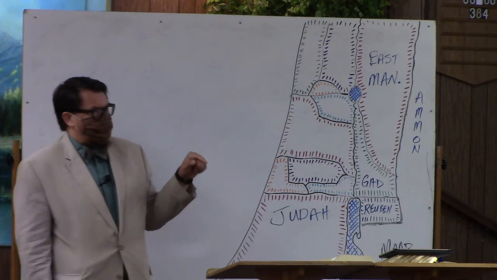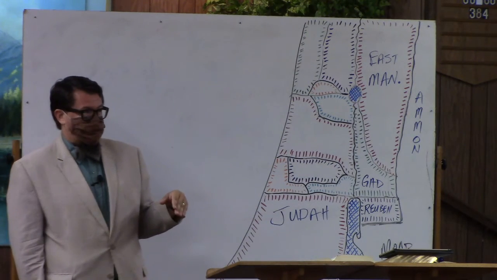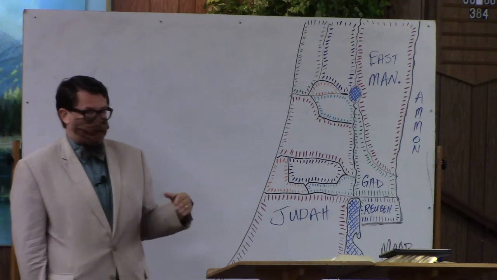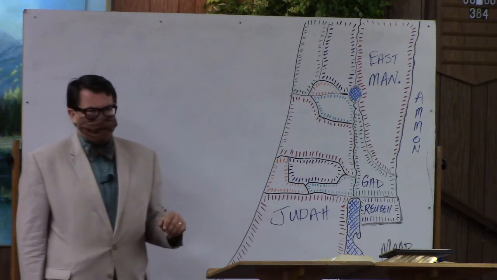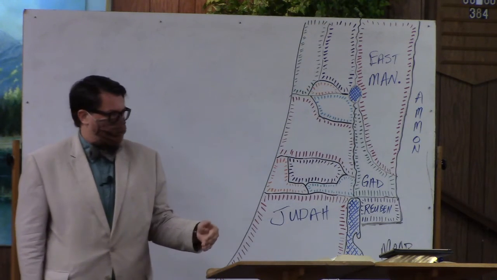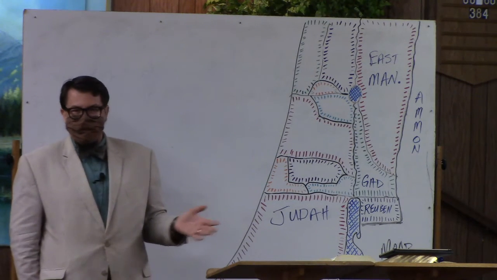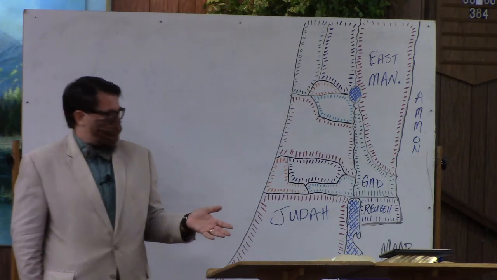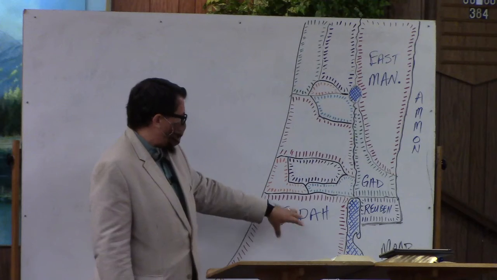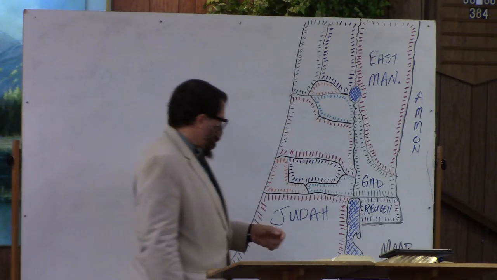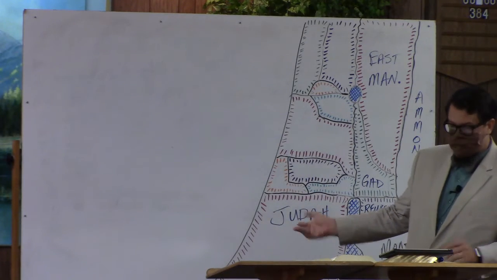That Simeon, you'll remember, Simeon's numbers decreased by a whole bunch in between the two censuses in the book of Numbers. And we look at the trajectory for the tribe of Simeon, and there's a point in the Old Testament where Simeon just drops off the map. They just disappear. You never hear about them again, and we're not really told what happens to them. Probably they get absorbed into the tribe of Judah, and the entire area is given to be just Judah.